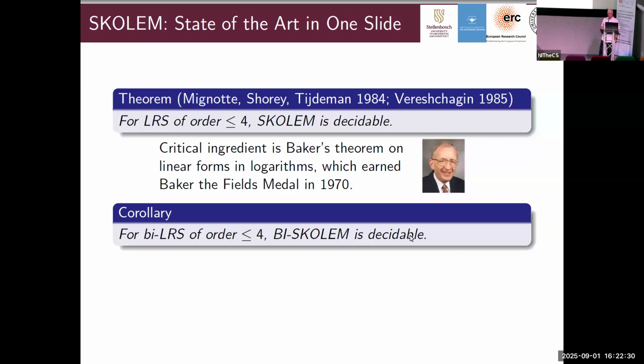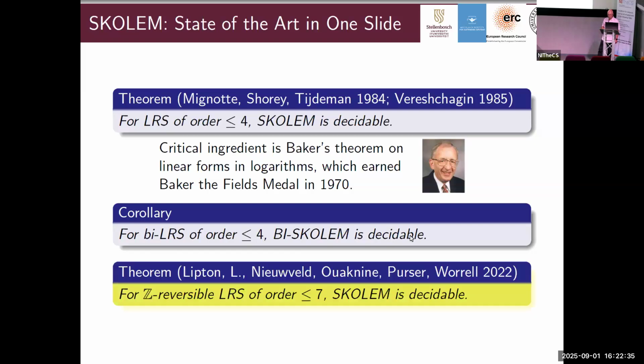So for a bilinear recurrent sequence of order at most 4, the Skolem problem is decidable. We prove that for z-reversible linear recurrent sequences of order at most 7, the Skolem problem is decidable. But you see, it looks like we really made huge progress from the number 4 to the number 7. But what's built in there is called z-reversible. So what z-reversible implicitly means is that if you look at that characteristic polynomial, the last coefficient is plus minus 1, because the last coefficient, that's the one you have to divide by